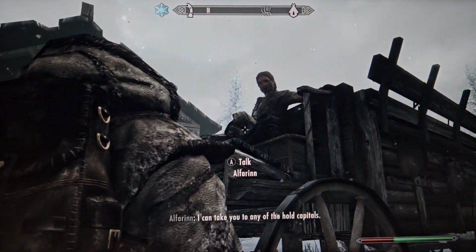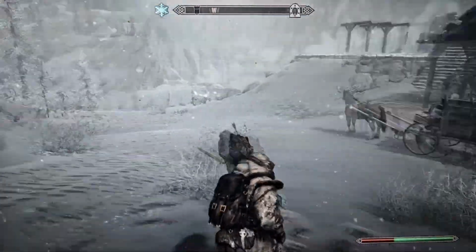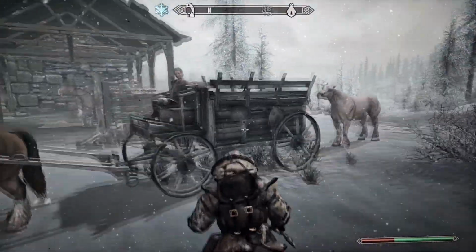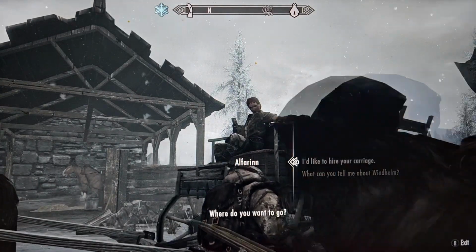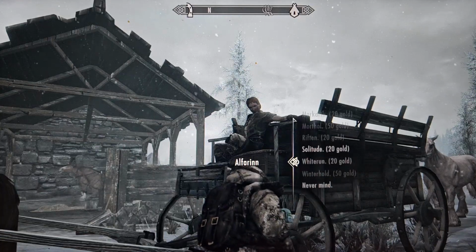Need a ride? You can take it. Something's coming after me because he won't freaking. Anytime he doesn't give you a ride option, there's something around, that's the reason he won't. Okay, there we go. Where do you want to go? A little white ride there, dude. Well,